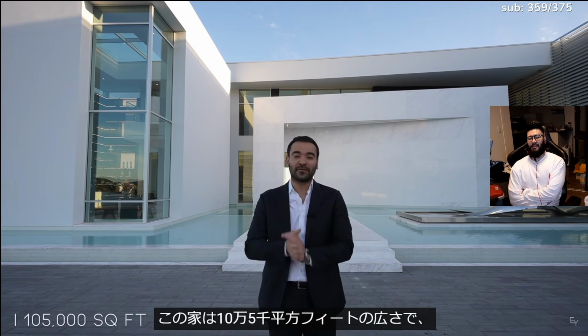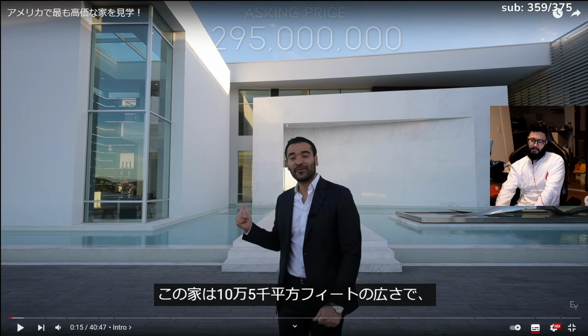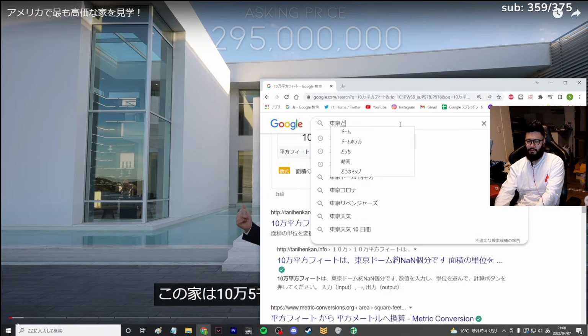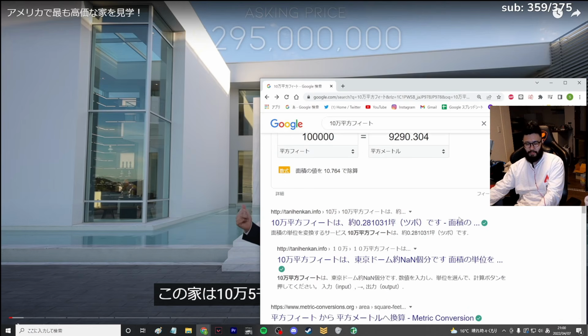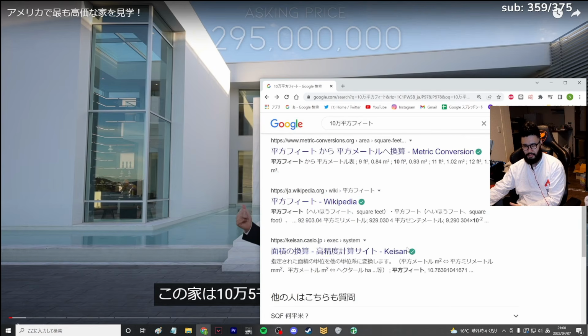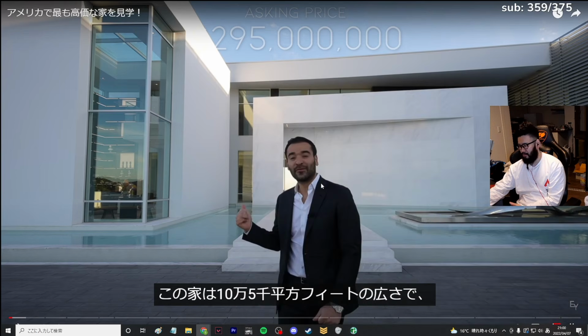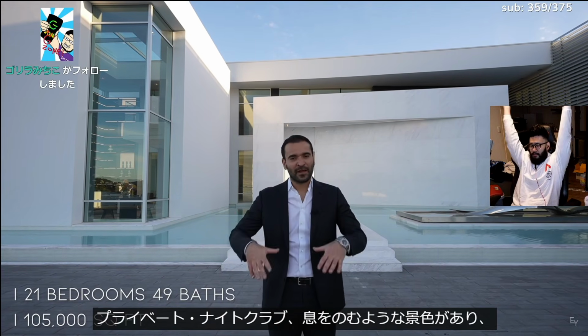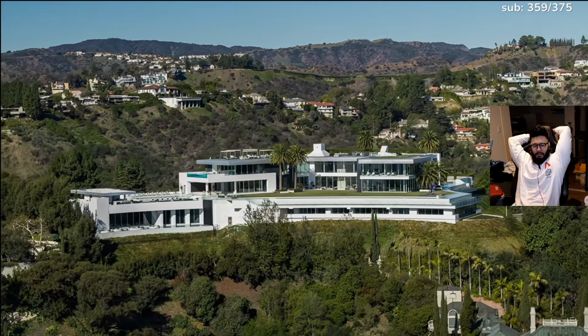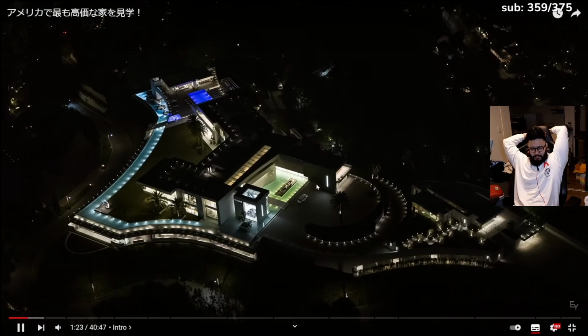Now this home features 105,000 square feet. 10万フィート。10万平方フィート。9290メートルらしい。東京ドーム広さ。21ベッドルーム、49バスルーム。トイレとかってでしょ、バスルームは。まずは立地からだね。まあ悪くはないな。まあイントロはいいんすわ。